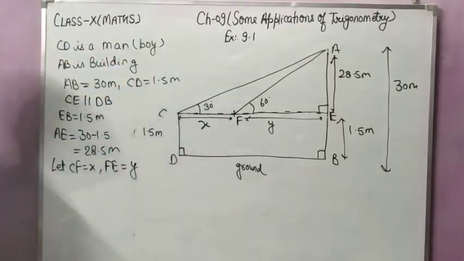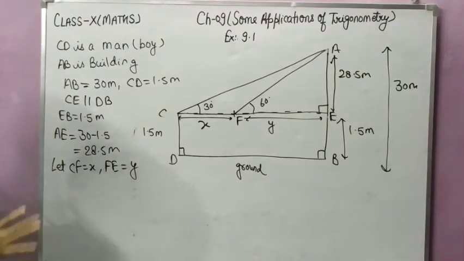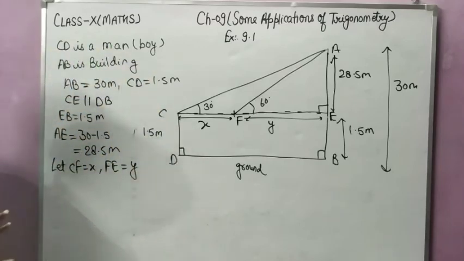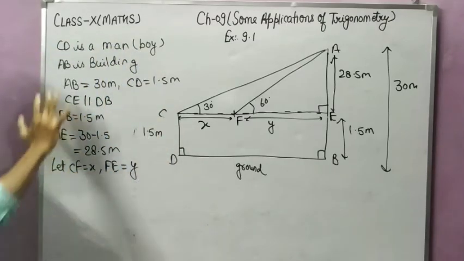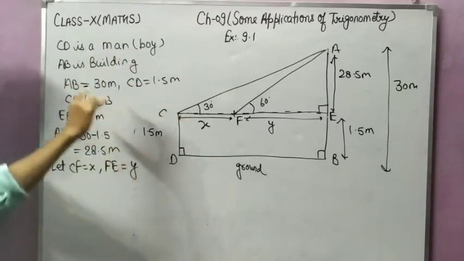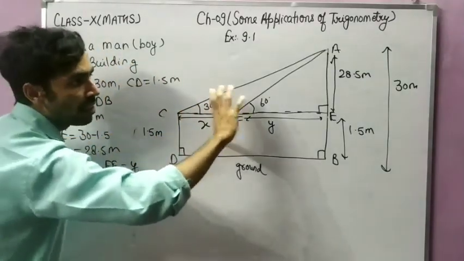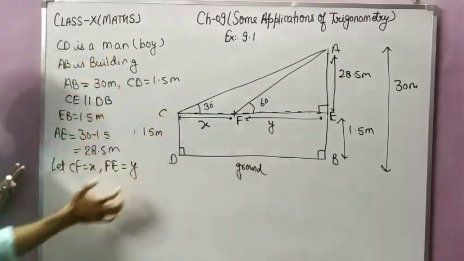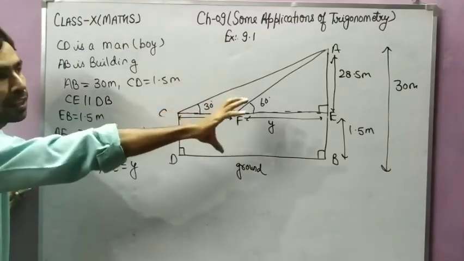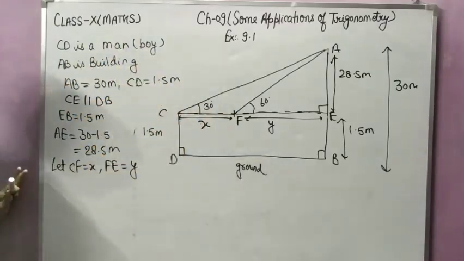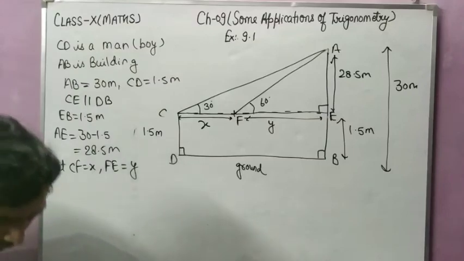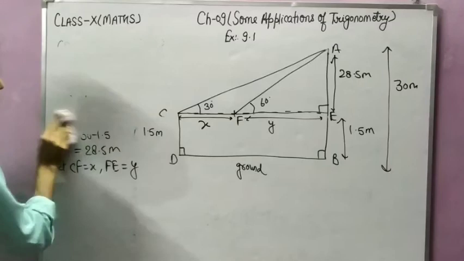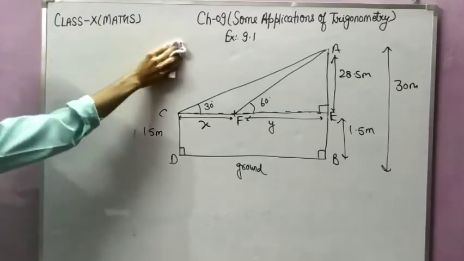Okay, so I think whatever data I have written on the board is clear to you, so I am going to erase it, student. I am going to erase this part, not the figure, because whatever things are given in the figure are sufficient to solve the question. Whatever things I have shown in the figure, only those things I have written here. So first you note it down, after this we will solve. In the figure everything is clear.